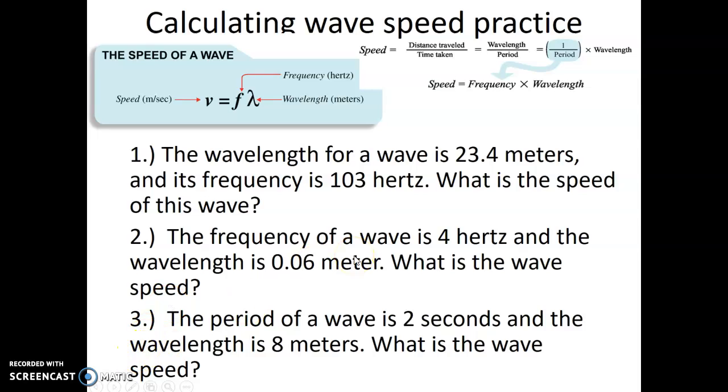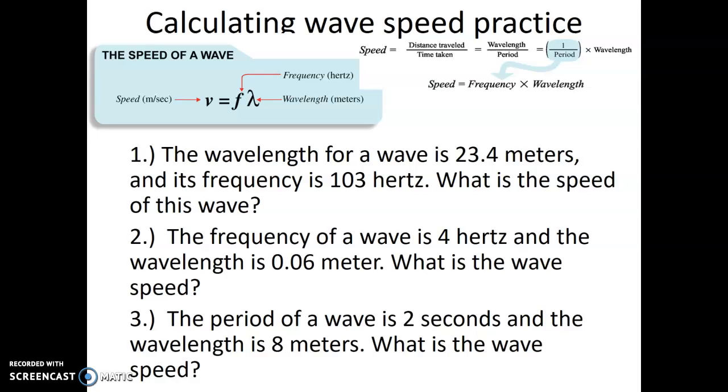If you have your formula, velocity is equal to frequency times the wavelength. In this example, the wavelength, the length from crest to crest or trough to trough, would be 23.4 meters, and then there would be a frequency of 103 hertz, which means there's 103 cycles in a 1 second time period. So you would multiply 23.4 meters, which is the wavelength, times 103 hertz, which is the frequency,